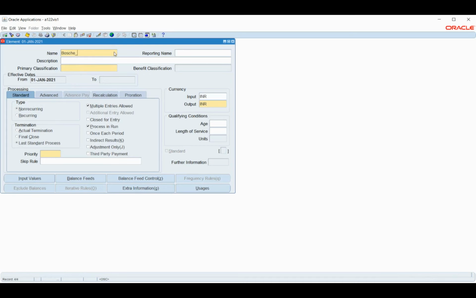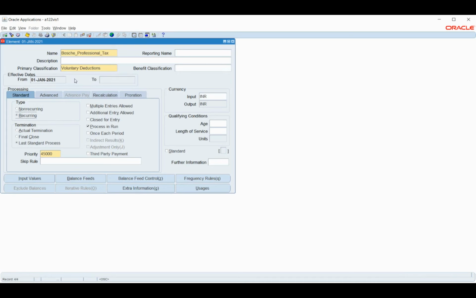So let me add professional tax. Professional tax is the standard deduction which will be deducted every month, based on the pay that we are getting. Probably in most cases 200 will be deducted.